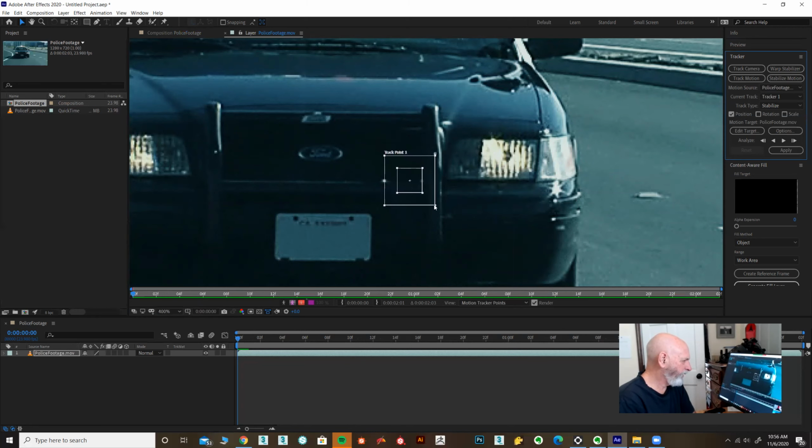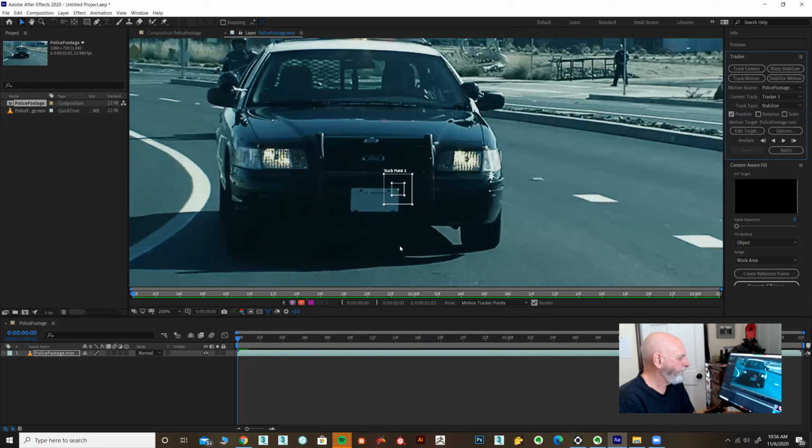Okay, if you put it on the edges, it will scale it. You don't really want to scale the middle one, so let's put it so that little point is right on the top right corner of the license plate. Okay, not off it this way, not off it this way. Ideally, right on the edge. All right. Now,